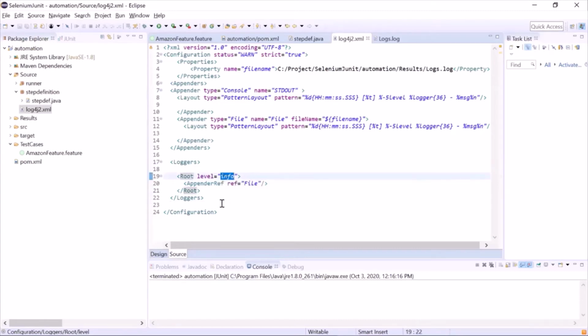In log4j, we have different log event levels like all, verbose, debug, information, warning, and error. So if you provide the log level as all, then everything will be pushed into the log file. If you provide the log level as information, then only the info, warning, and error will be pushed into the log file. So this is the hierarchy you can see. The left side of any log level will not be pushed to the log. Only the level provided and the levels available on the right side of the selected one will be pushed to the log file.